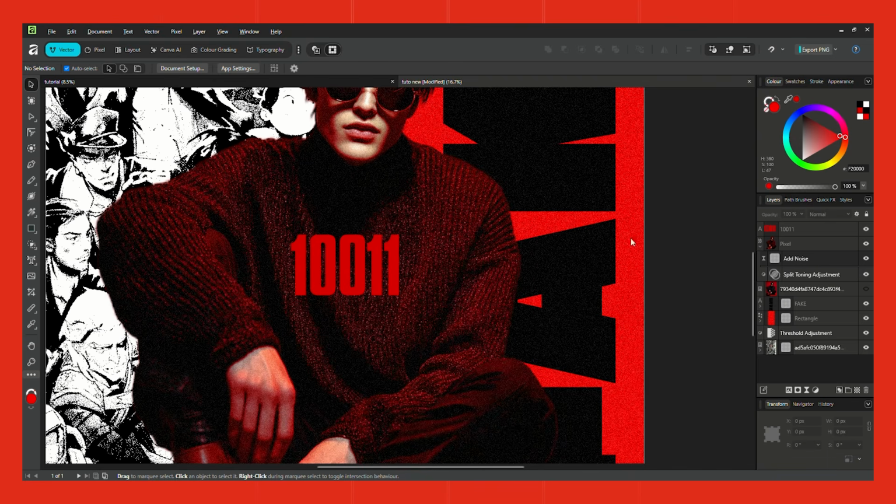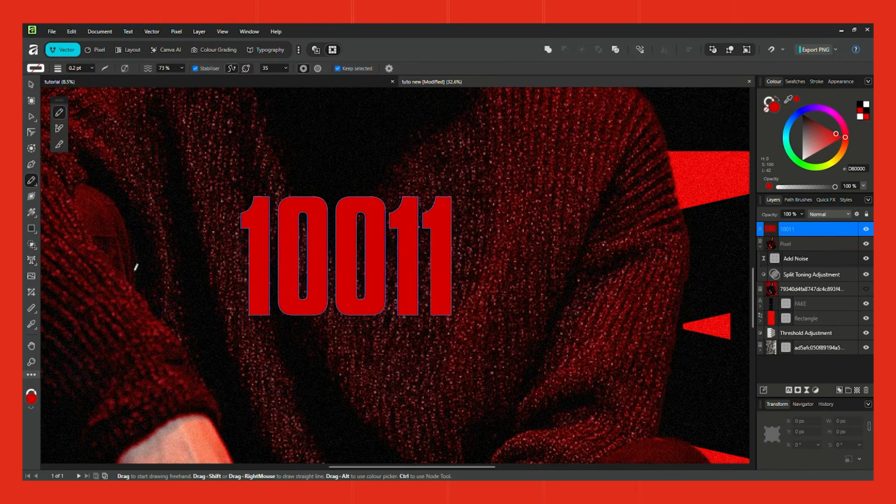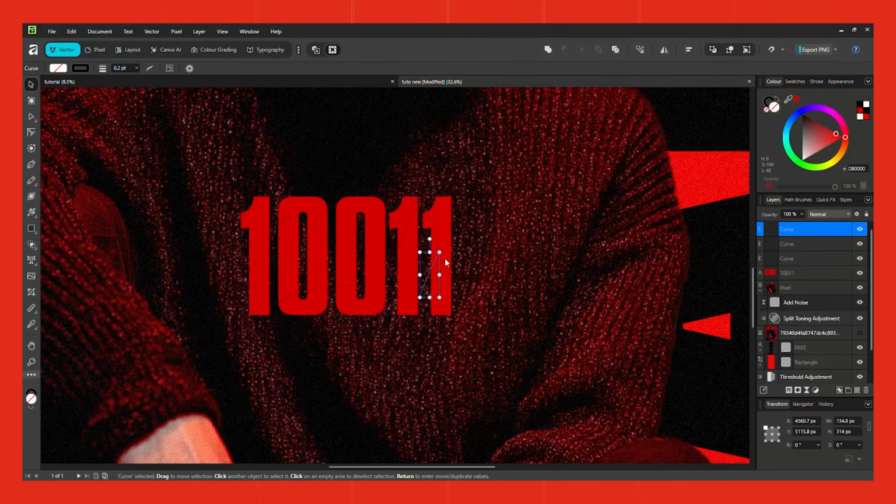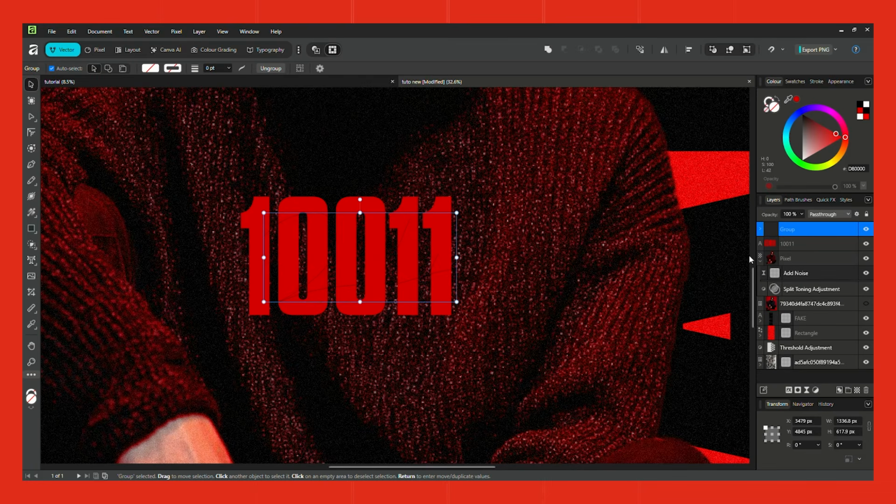To give that stroke effect, what we're gonna do is choose the pencil tool. I'm doing it with a mouse. You can also do it. There's no stress on that. So when you've created that, just choose the strokes carefully and group them together, and then now we're gonna change